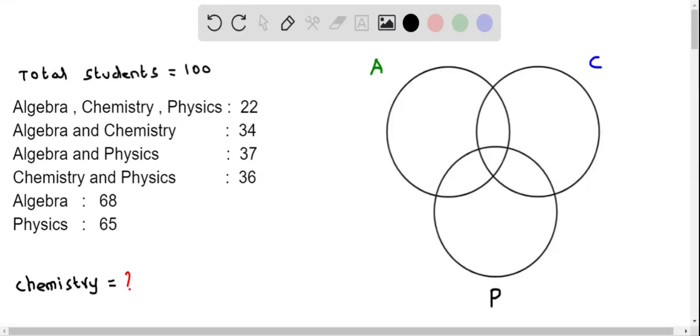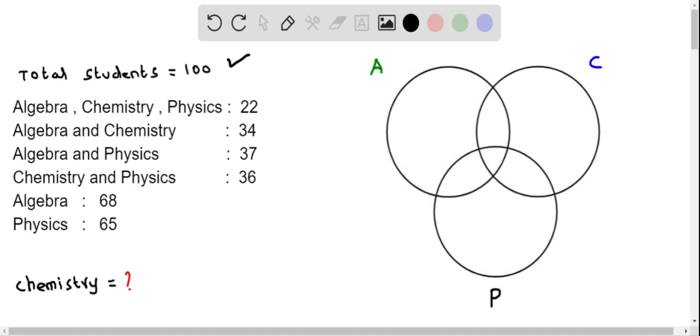We will now determine the number of students who have enrolled in the subject chemistry, and we can determine this using the given information as well as by representing the given information using the Venn diagram. We can determine the number of students who have enrolled in chemistry subject. So there are about 100 students who have enrolled in any of the three subjects, that is algebra, chemistry, and